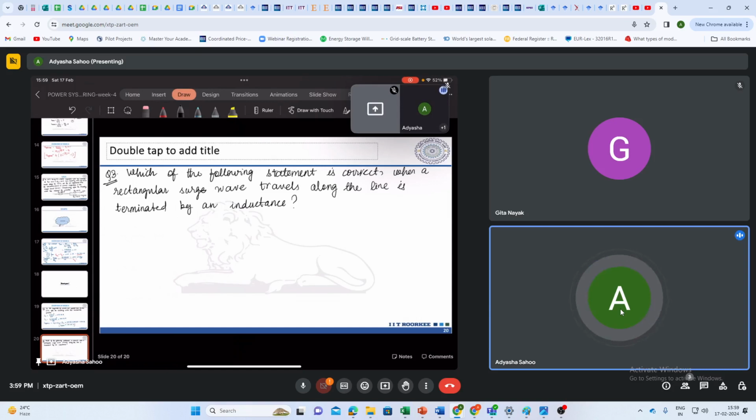So first is, the voltage across the inductor, which I represent as VL, initially decreases